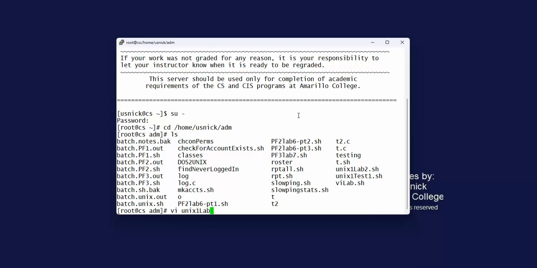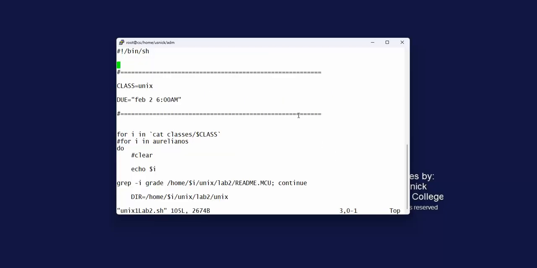Unix 1 lab 2. And you can well imagine how boring it would be for me to try to grade all of those labs. Certainly wouldn't do it here at the beginning of class, but even just on my own, to go to your directories and look around and see what's there, it'd be pretty boring. So anyway, it's been my goal for decades now as a Unix programmer and Unix administrator that any boring, repetitive task, I'm going to write a darn script to do it, and then you can have the darn thing fire off in the middle of the night or on the weekends or whatever, and just remove that from your list of headaches that you deal with. And so I did just that a number of years ago, wrote this little shell script,